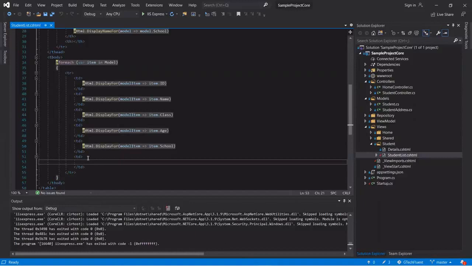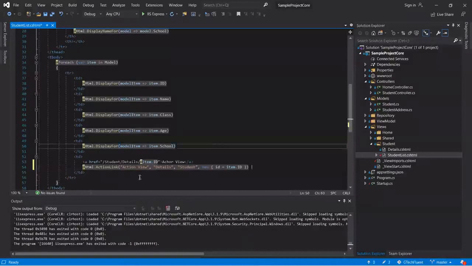Now let's understand the different ways to add links. The first way, we can create the link with the help of an anchor tag. The second way is to use the action link HTML helper, and the third way, which is newly introduced into ASP.NET Core MVC, is the tag helper. So let's create the link by using these three types. We have added the link using the anchor tag. If you see, the href is student, that is the controller, and the details action, and we are passing the parameter. Next we are using the action link where we have set the controller name and the action name, and we have passed the route values.